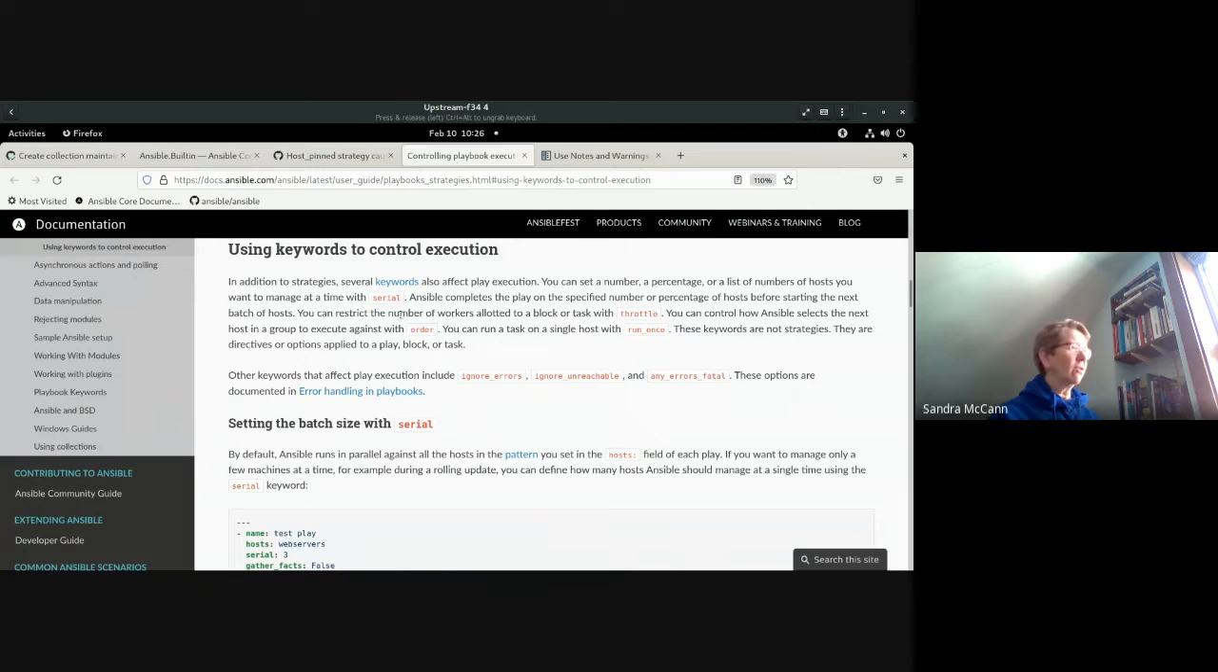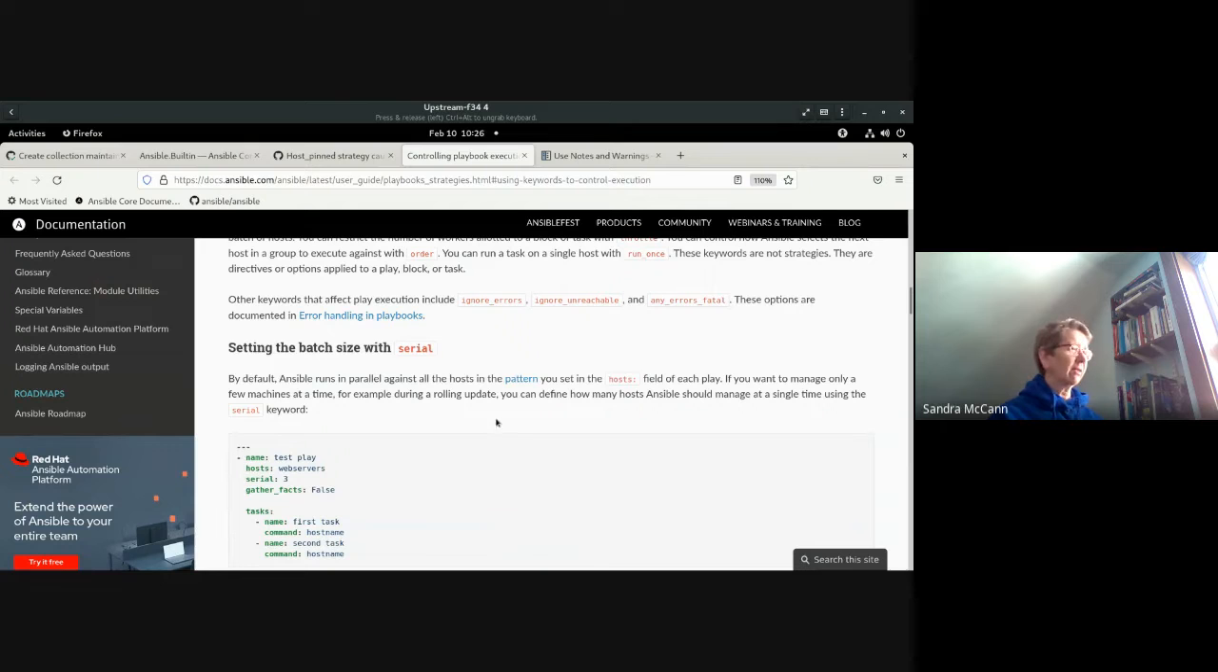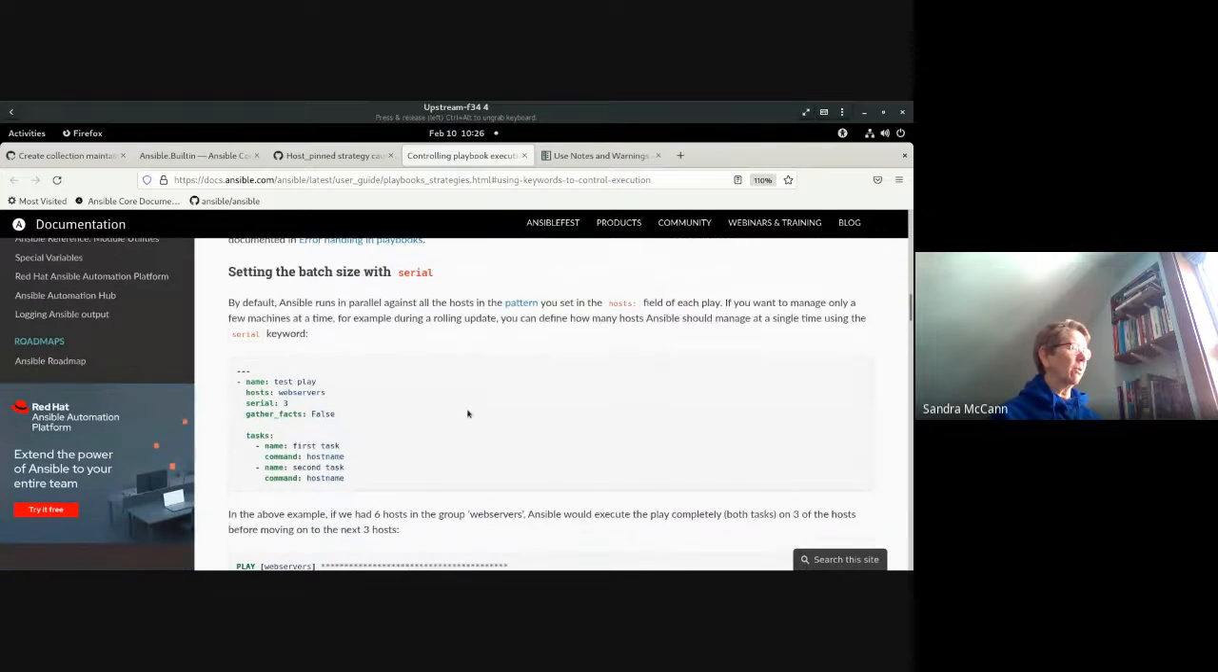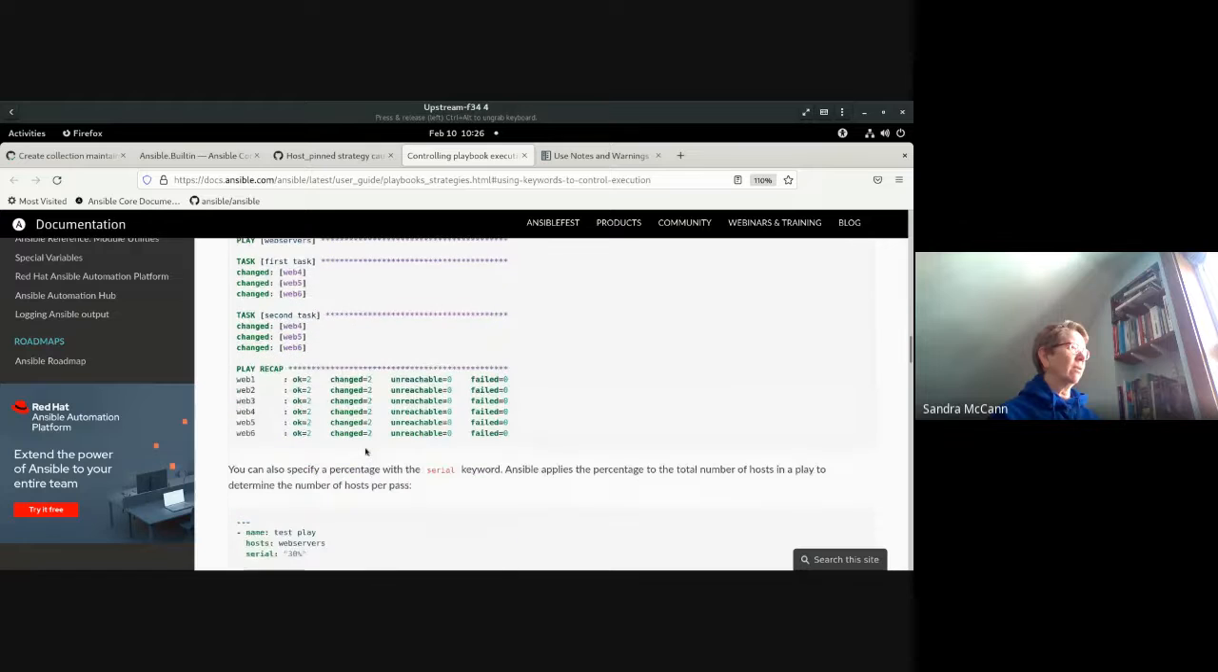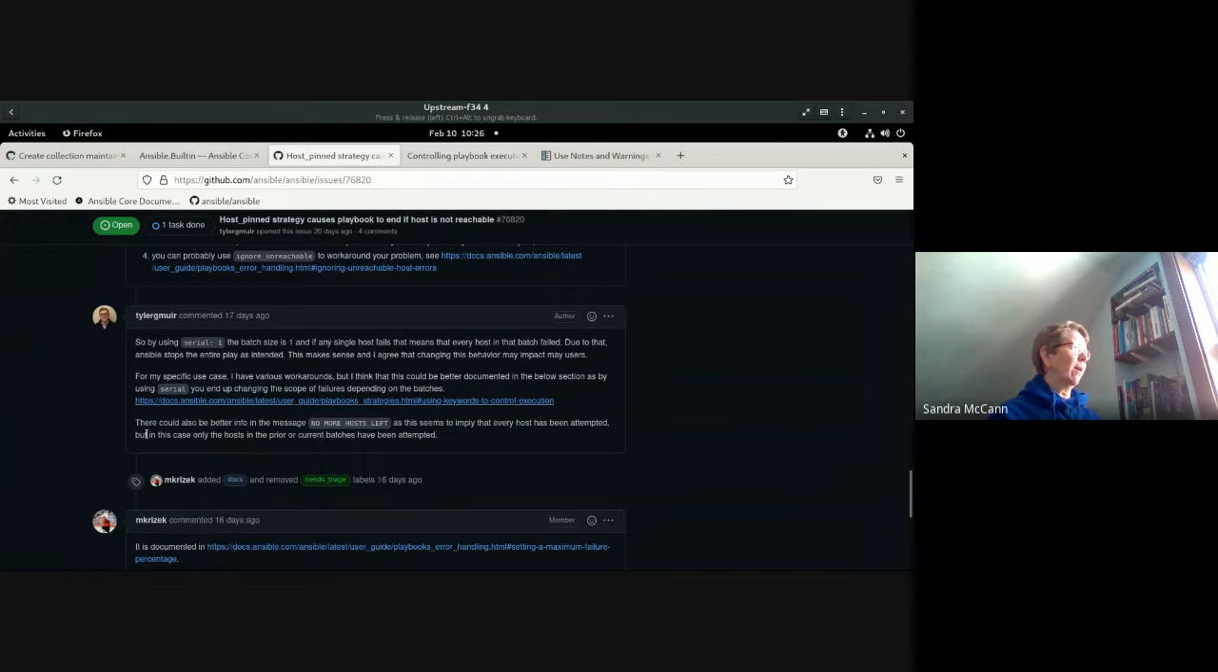I'm going to tab over to it, and you can see using keywords to control execution. This is what the reader was doing with the batch size with serial. And you can go ahead on your own and read some of this if you want. But basically, it tells you how to use this. And what we need is somewhere after this example to say, be aware of what this does. And if we come back here,